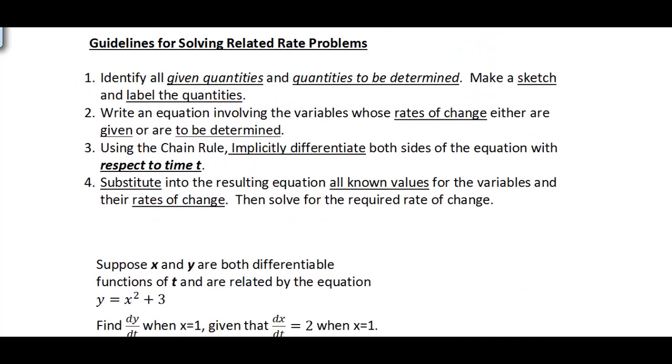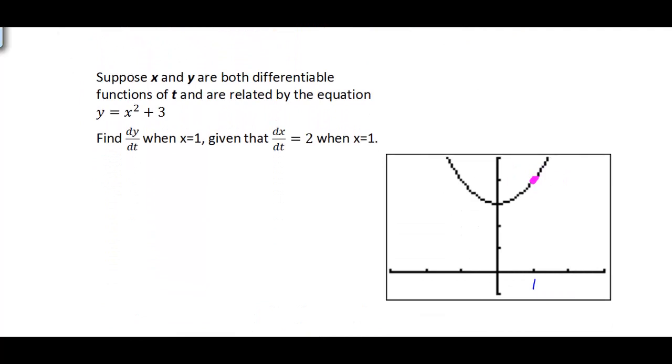If we think about this, the first step is we want to find all given quantities and all the quantities that are to be determined. So first of all, we want to find dy dt, and what is given is that x is equal to 1 and that dx dt is equal to 2. So when x equals 1, we have dx dt equal to 2, and we're trying